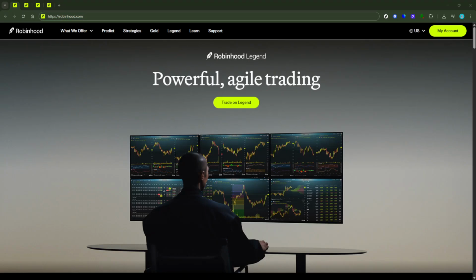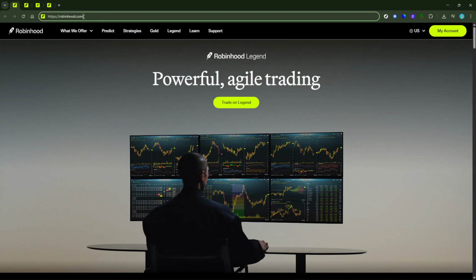In today's video, I'm going to teach you how to deposit money into your Robinhood account. Whether you're new to investing or just want a refresher, this step-by-step guide will walk you through the process, making it simple and straightforward. By the end, you'll feel confident transferring funds, so you can start trading or investing right away. Let's begin by opening the Robinhood app on your mobile device, or if you prefer using your computer, head